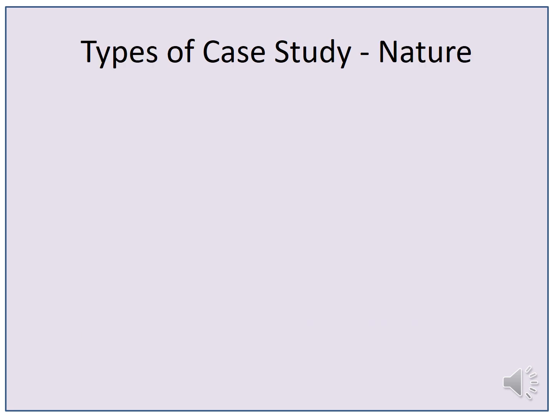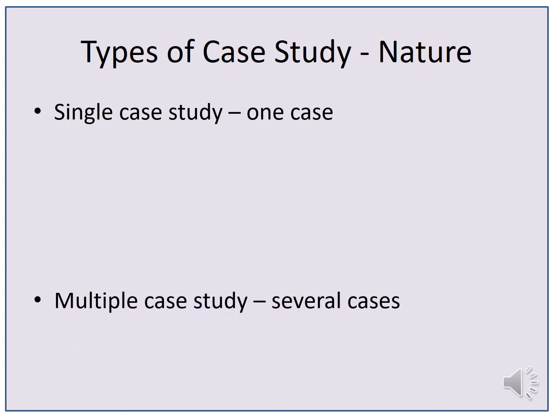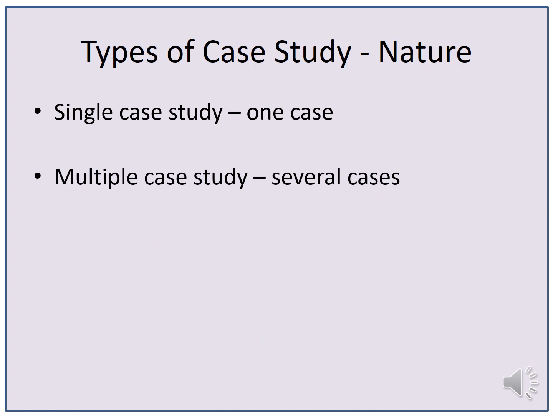We can categorize case study into four types with respect to its nature. The first type is single case study, in which one case is to be studied at one point in time. Single case study is appropriate when the researcher is interested to test a well-formulated theory or to explore a unique phenomenon. Multiple case study is a study of the same phenomenon in multiple cases. In multiple case study, the researcher can make a comparison of the findings between study cases.